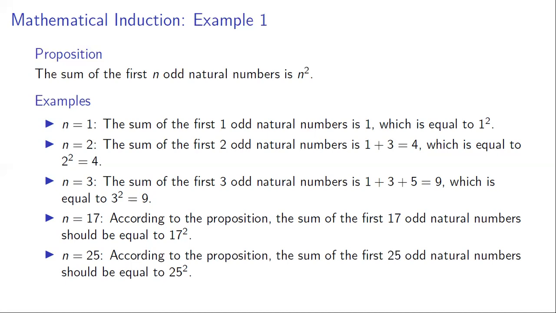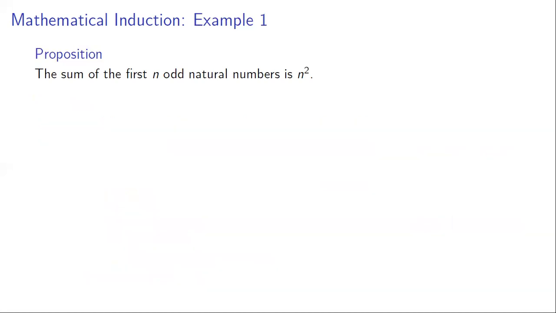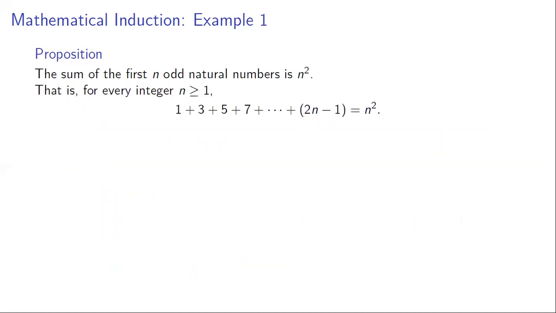Now, what I want to do is convert this proposition into more mathematical symbols. The way it's written originally is as an English sentence, basically. But I want to convert it to a more mathematical expression so that it will be easier for us to work with in the proof. So, again, the proposition says the sum of the first n odd natural numbers is n squared. That is, for every integer n that is greater than or equal to 1,